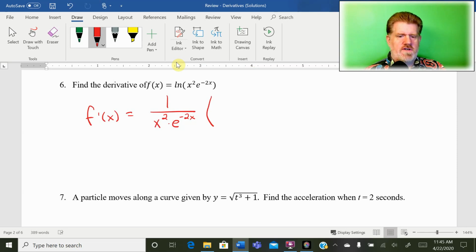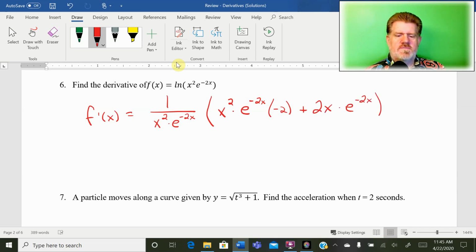We'll do it that way first. Product rule goes to the first, times the derivative of the second. So it's e to the negative 2x times the derivative of its exponent, which would be negative 2, plus, and we reverse it, the derivative of x squared is 2x times